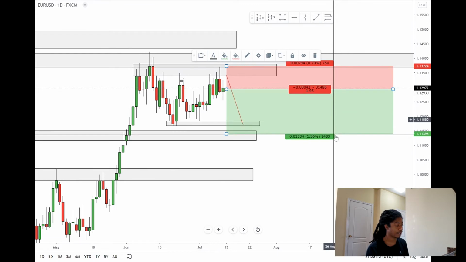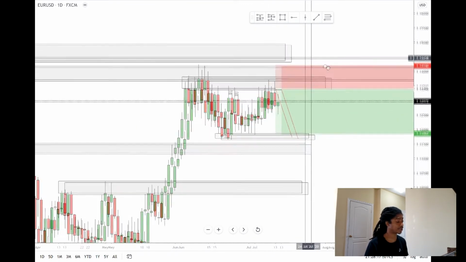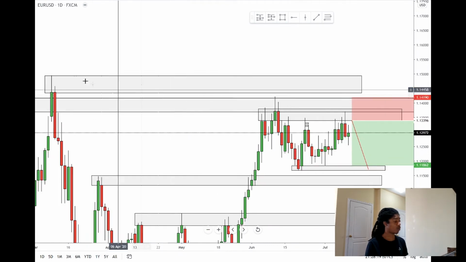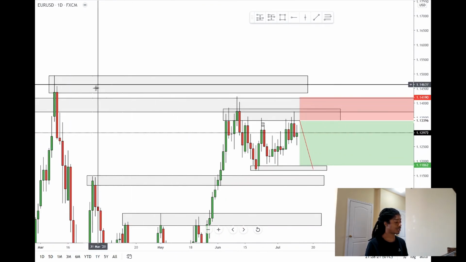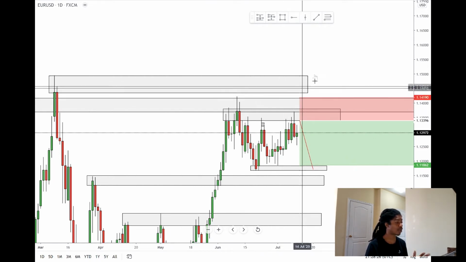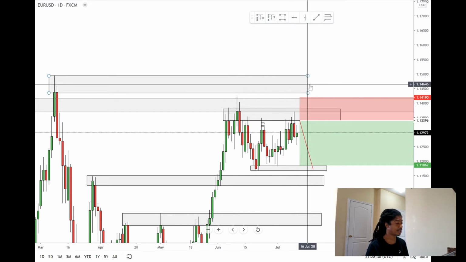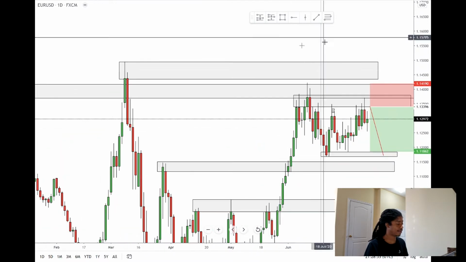So let's just go back. So this is what I'm looking for in this trade. If we hit our stop loss, we hit our stop loss. I want to say if we do get up into this resistance area, like we do hit our stop loss and we stay up in this area, I am not looking for a trade until we can cleanly break above this area, or at least we start forming some cleaner structure in that area,